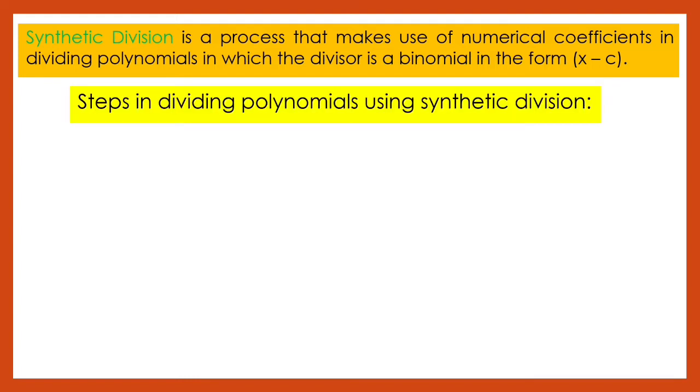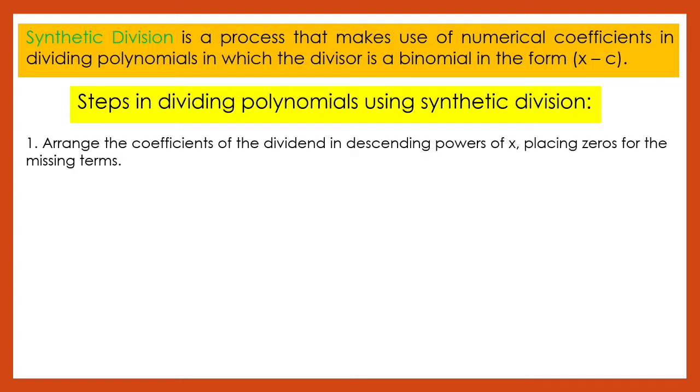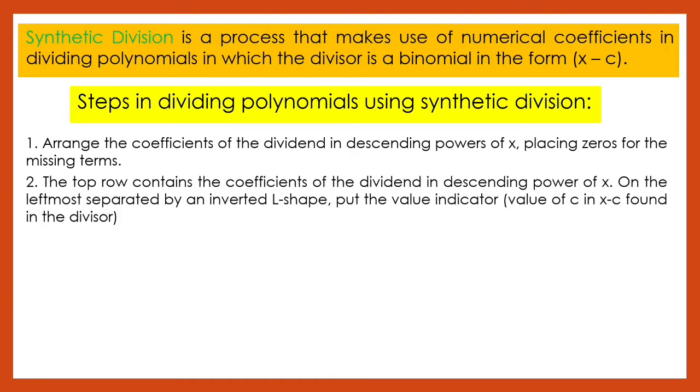We have steps in dividing polynomials using synthetic division. There are 6 steps. Number 1. Arrange the coefficients of the dividend in descending powers of x, placing zeros for the missing terms. Step 2. The top row contains the coefficients of the dividend in descending power of x. On the leftmost, separated by an inverted L shape, put the value indicator, value of c in x minus c